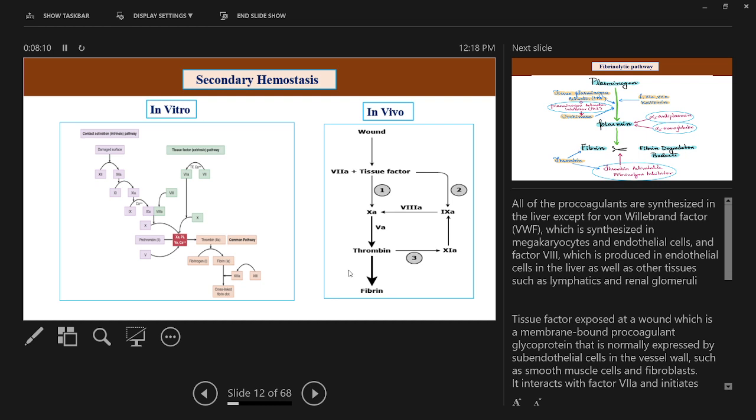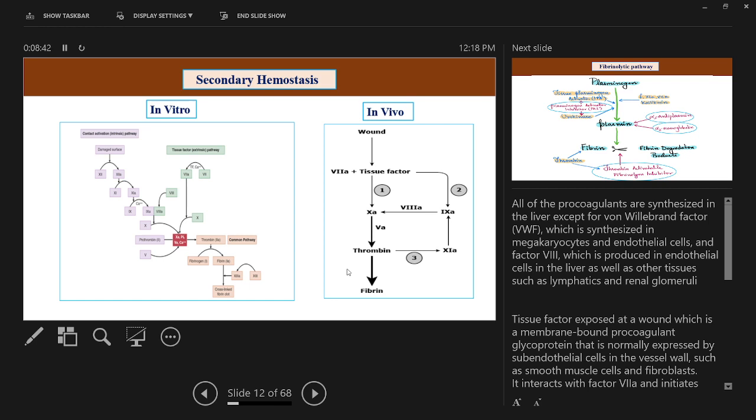Now, in secondary hemostasis, what happens in vivo is that whenever there is a wound, there is a release of a large amount of tissue factor. This tissue factor binds with factor 7 and can activate thrombin formation by two different pathways. The first is that tissue factor combines with factor 7 and activates factor 9. Tissue factor can also activate factor 10 directly, along with factor 7, and then ultimately forming